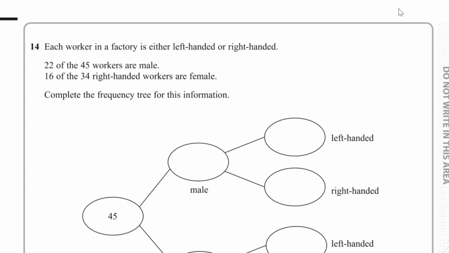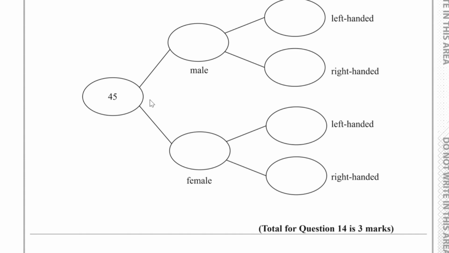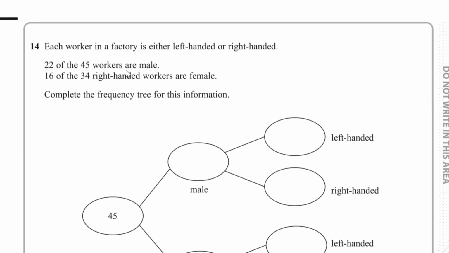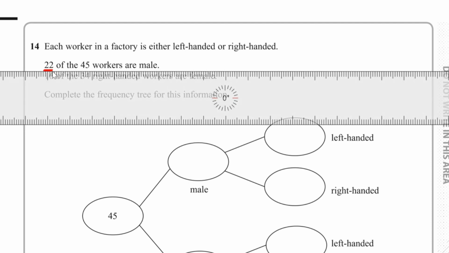Question number 14. Each worker in a factory is either left-handed or right-handed. 22 of the 45 workers are male. 16 of the 34 right-handed workers are female. We have to complete the frequency tree for this information. Well, we've got 45 people in total, and what we know is 22 of these are male. So we've got 22 who are male,